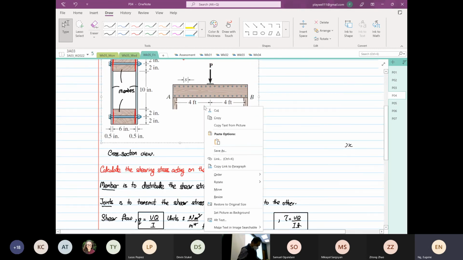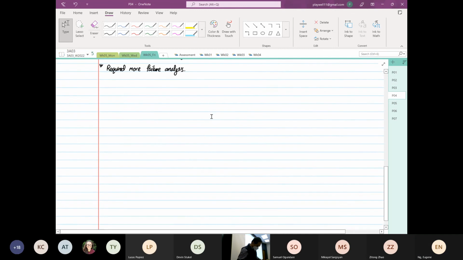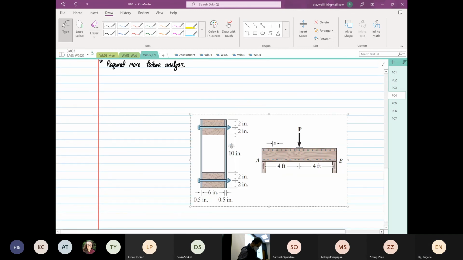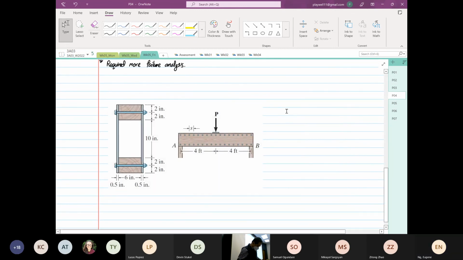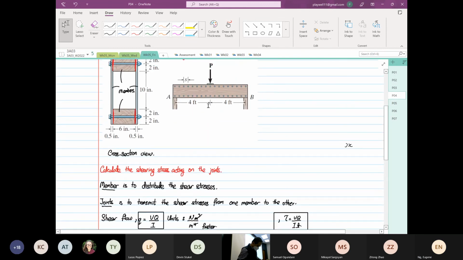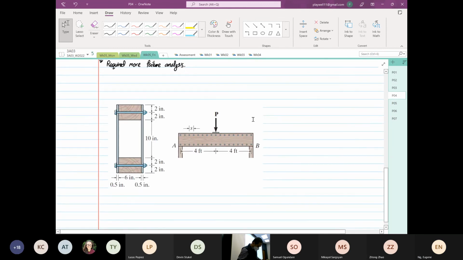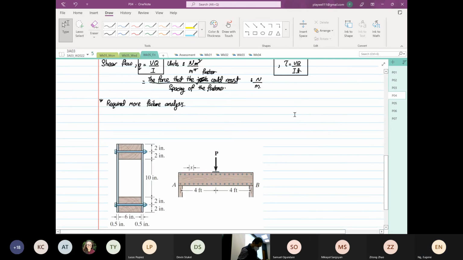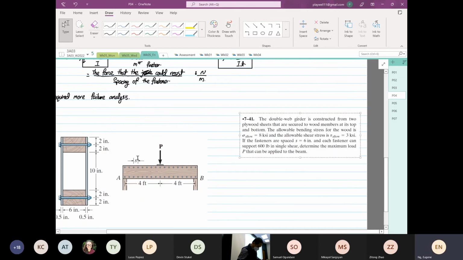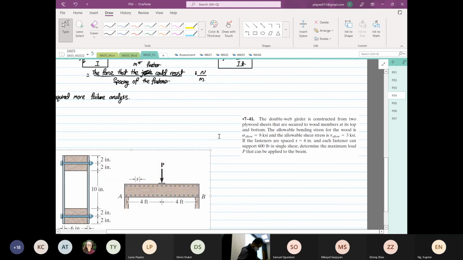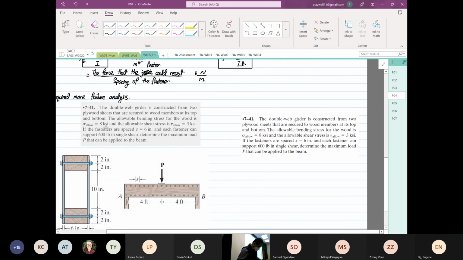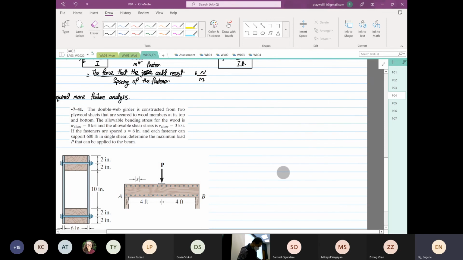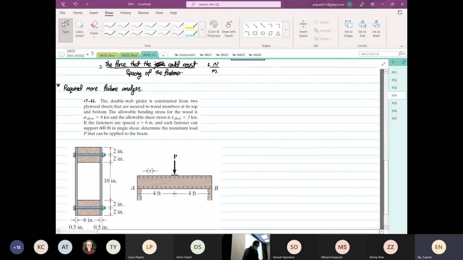So I'm going to take this diagram. We're going to look at this diagram. So we have a structure. Then let's read the problem first. A double wedge girder is constructed from two plywood sheets that are secured to wood members as is